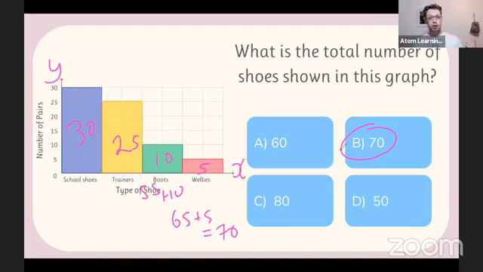So again, what's important here is being really comfortable and familiar with graphs, so practicing a lot of it. And again, these are those 2-step questions, right? And they can cause a lot of problems as well. A lot of the time when you're practicing mental maths in school, it's just 30 plus 25 plus 10 plus 5. What you need to do here is you first need to work out, okay, how do I actually answer this question? Then you need to do the operation after it. So that is how these questions work.